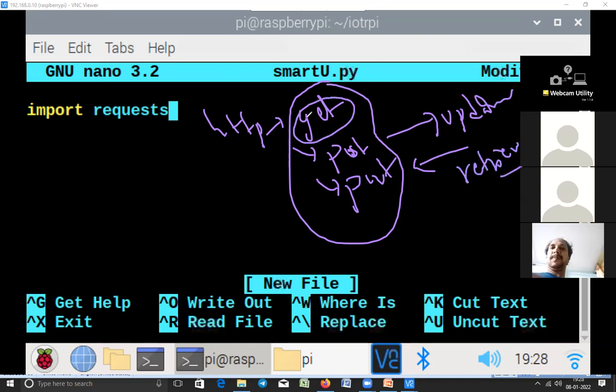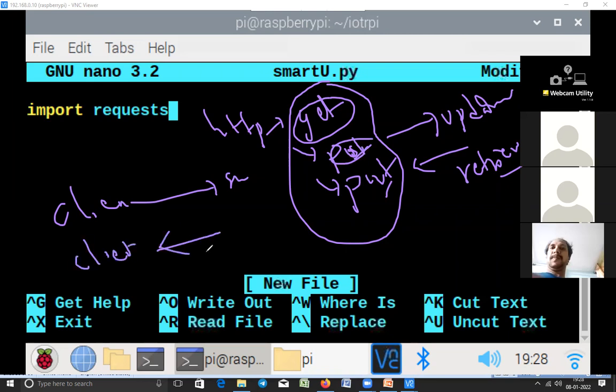Mainly GET is to retrieve data; POST and PUT are generally used to update data on the server. So from the client, if you want to send data to the server, we generally use POST or PUT. If your client wants to get data from the server, then generally we use a GET request. This is general.